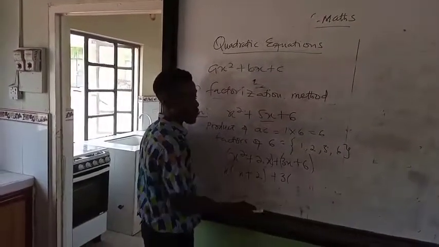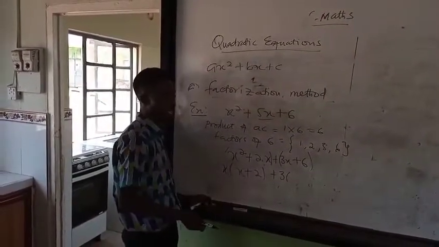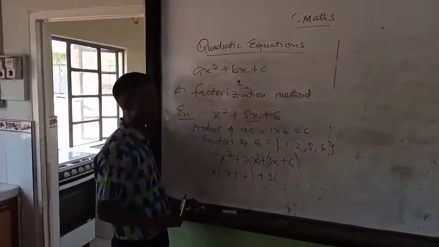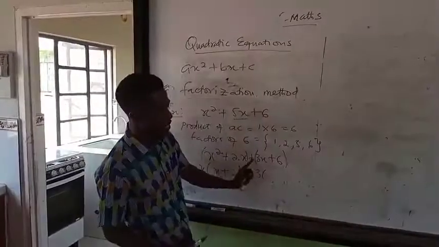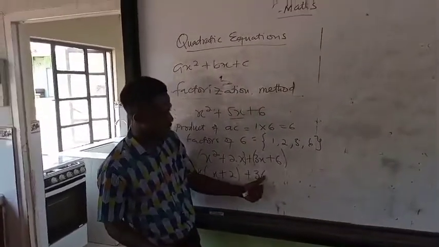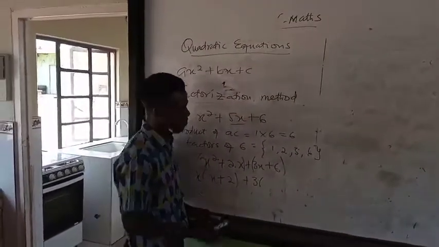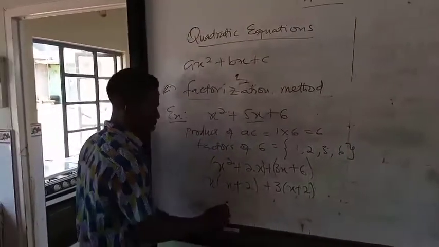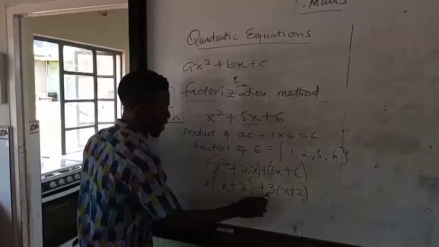This is because 3 can go into 6. So we believe that the common factor here is 3. And this is not having x, so we cannot say that we need to factor x as well. No, x is only 1 here, and you can't factor x out. When you factor x out, it affects this thing. So you are going to be left with x, 2. So our final answer is written as this plus 3